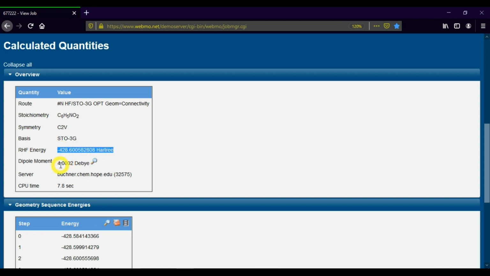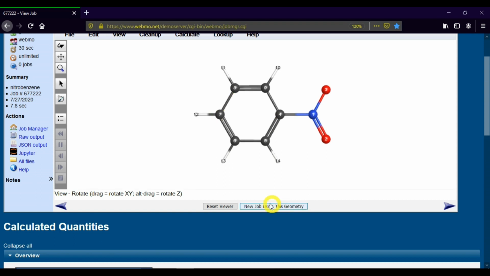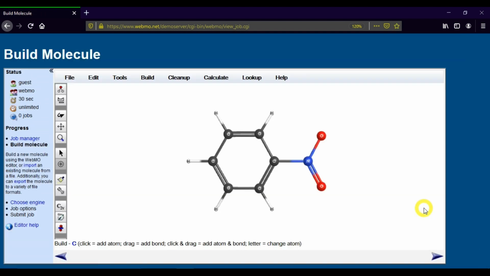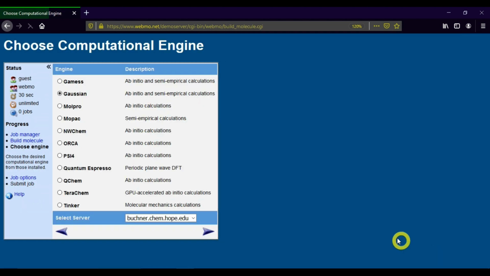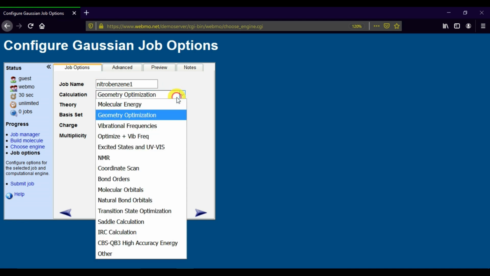Now run another calculation using the same molecule with the same geometry. Click New Job Using This Geometry and then click Continue. Select a Gaussian calculation and then click Continue. Then change the job name and select the calculation as excited state and UV-visible.